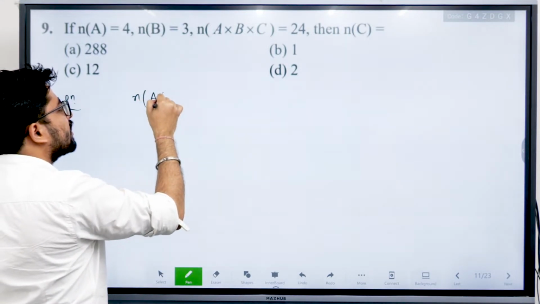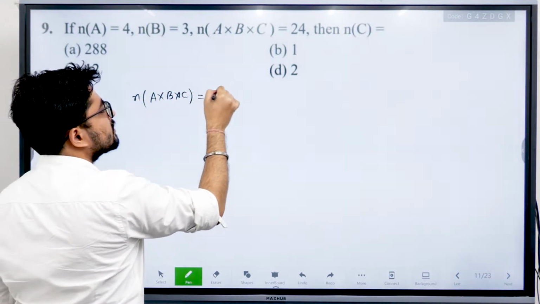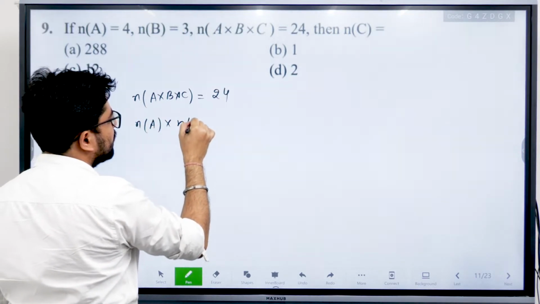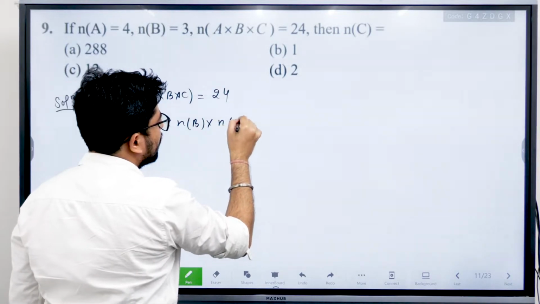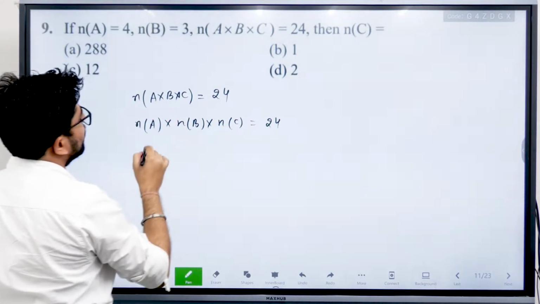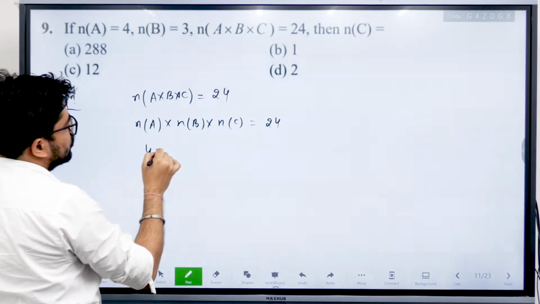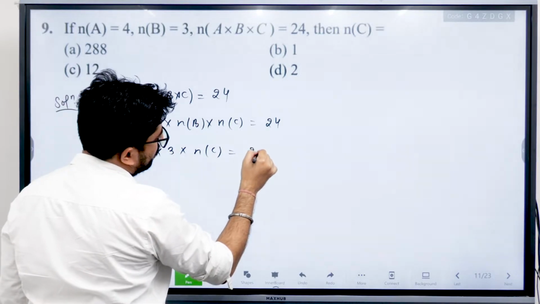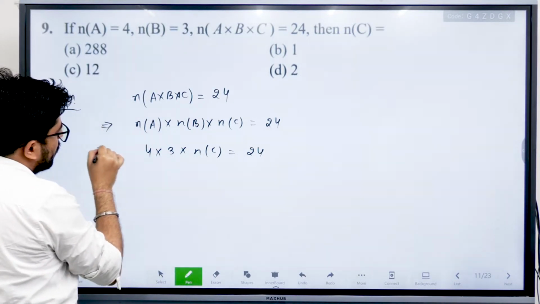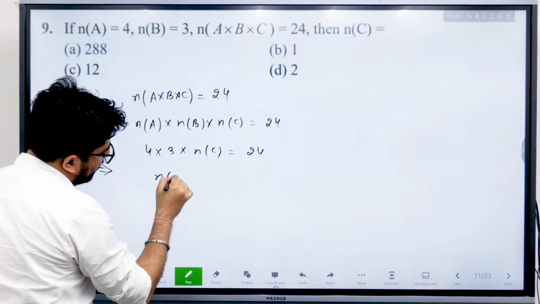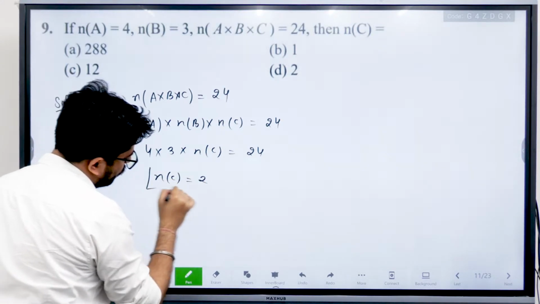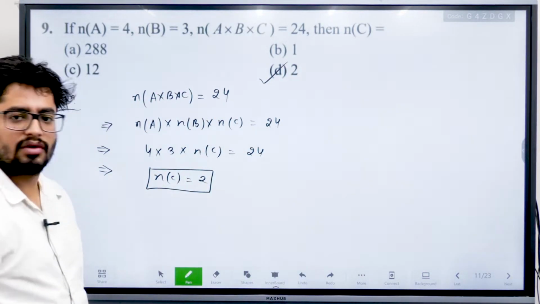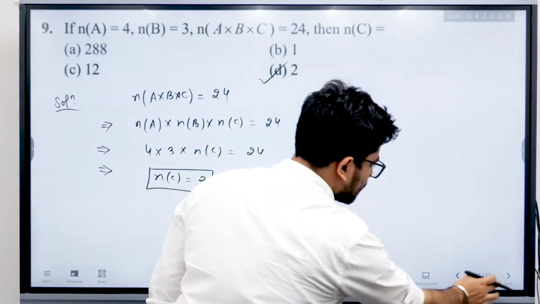So the number of elements in A cross B cross C is equal to 24, and this is equal to the number of elements in A, the number of elements in B, into the number of elements in C, equal to 24. We have the number of elements in set A as 4, in set B as 3. We have to find the number of elements in set C. So from here we can say the number of elements in C is 2. So your final answer is D. Got it? Now the next one is,